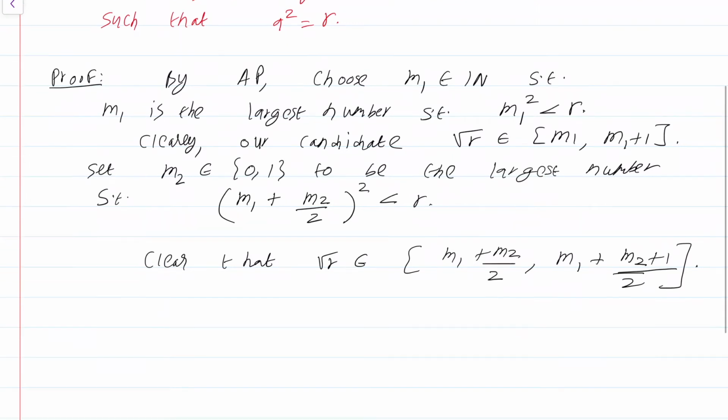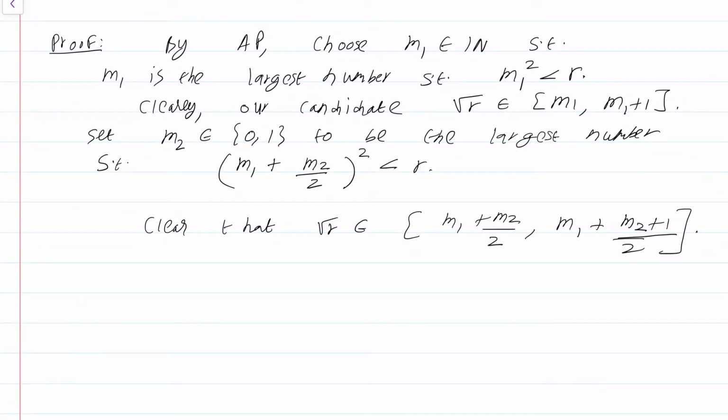Okay. Now, what do we do? Well, the pattern is clear. I already said we are going to extract the binary expansion of the required square root after the decimal place, not the decimal expansion. I should be precise. It's the binary expansion after the decimal place. Strange how notation evolves over time. Since decimal notation is more common, we call it the decimal point, even though it is used in binary points also. Okay. Clear that the square root of r is here.